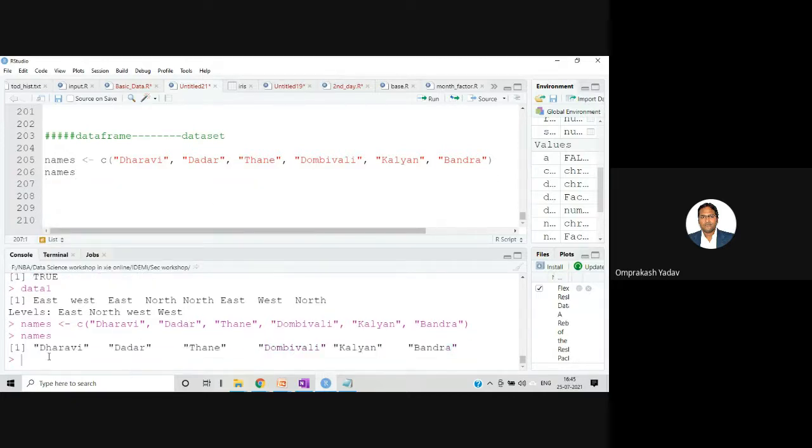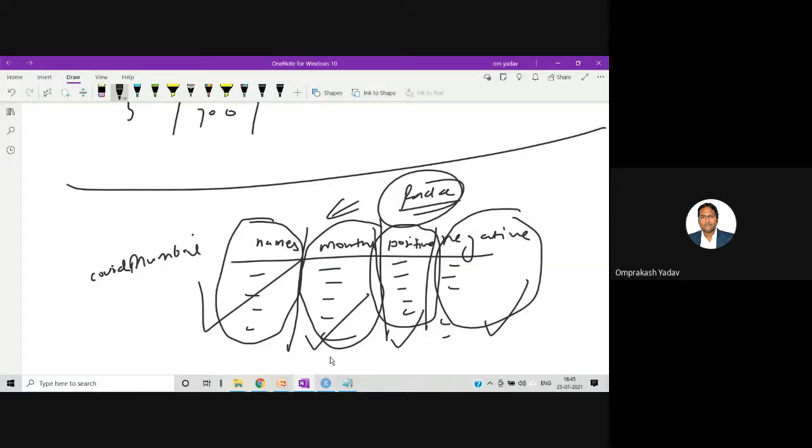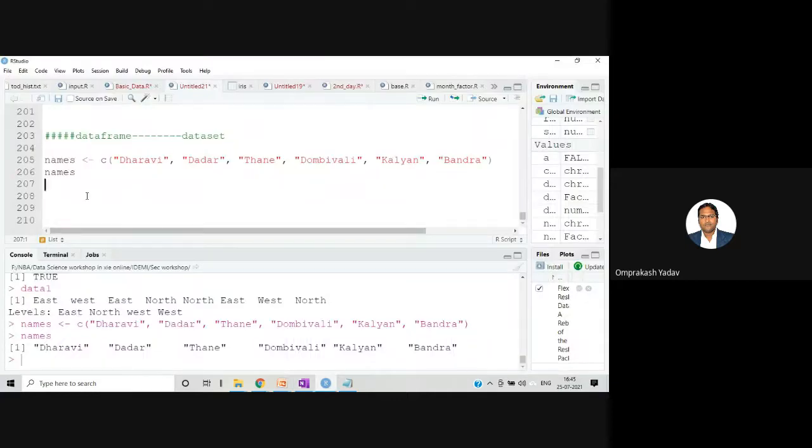So I have basically these names over there. Now the second column which I require, according to this one, the months column, let's create that one. So months. Okay.